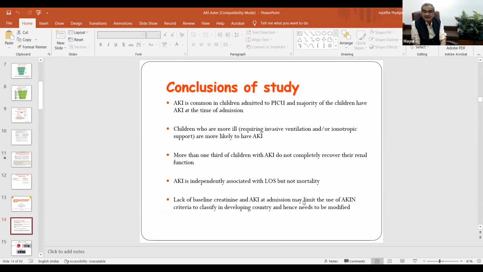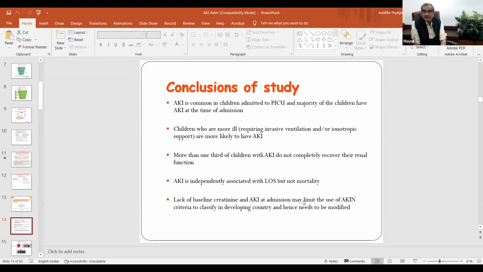This is interesting. We always used to believe that AKI is something completely reversible, and at the end of your treatment, the child will have normal kidneys. But it may not happen. There may be some residual renal deficit in the form of hypertension, proteinuria, or decrease in GFR. And these may be long-term effects which you need to worry about. So AKI is not completely and totally reversible in all cases. And our aim of treatment should not only be to handle the immediate issues and acute problems and risk to life, but also to preserve the renal function so that they don't develop renal sequelae.